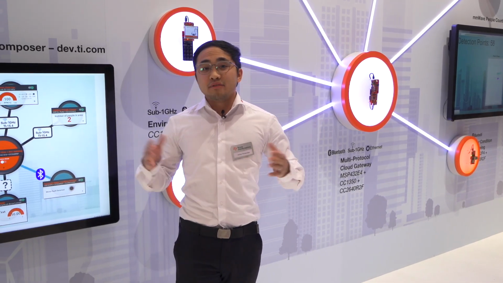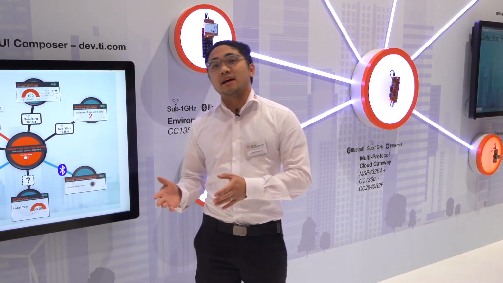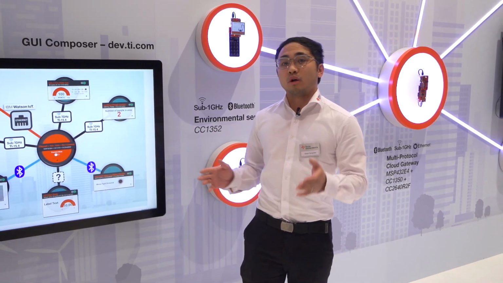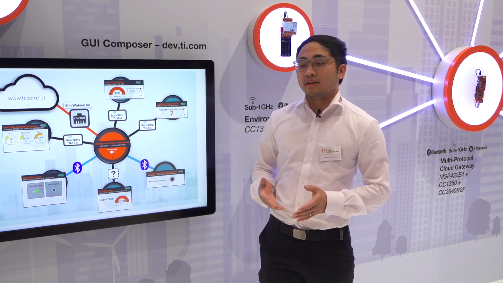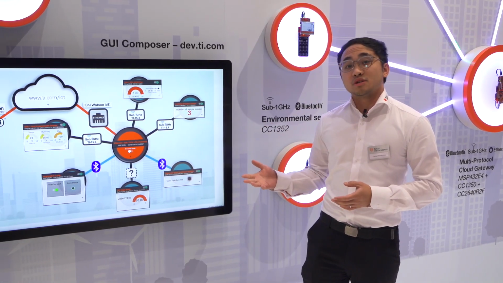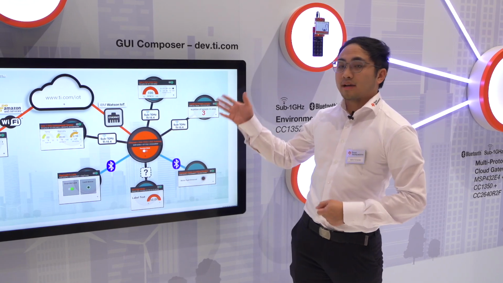So as you can see, we have a ton of connectivity options available in the TI.com SimpleLink solution, which you can learn all about on the web. Introducing Zigbee and Thread also most recently. So regardless of the types of applications you're trying to build, you can be sure to find that connectivity solution